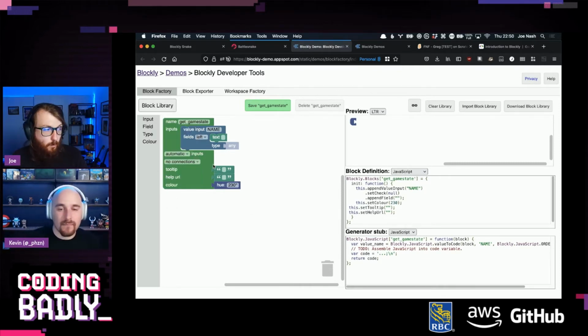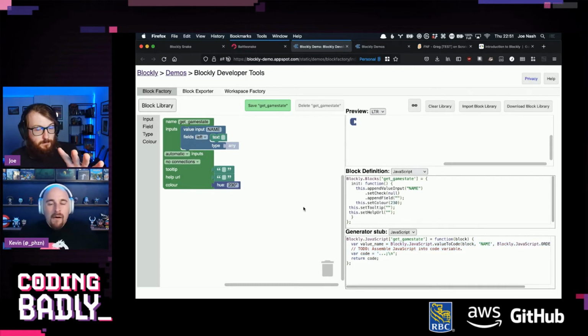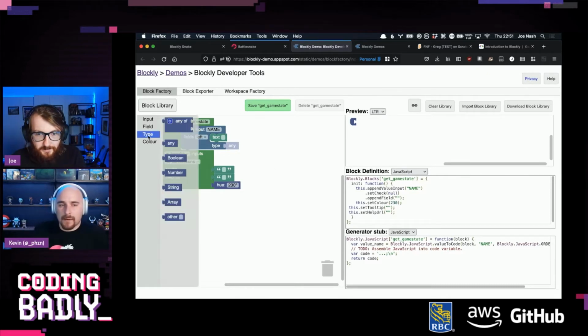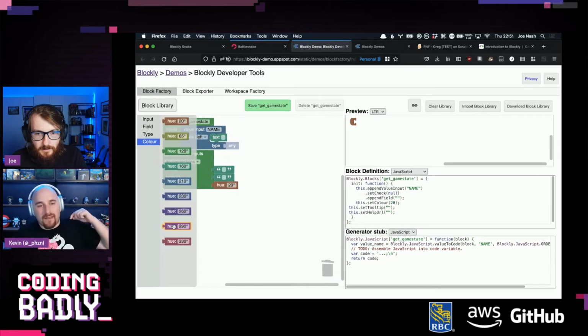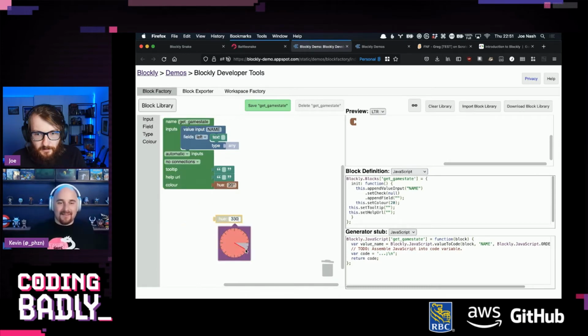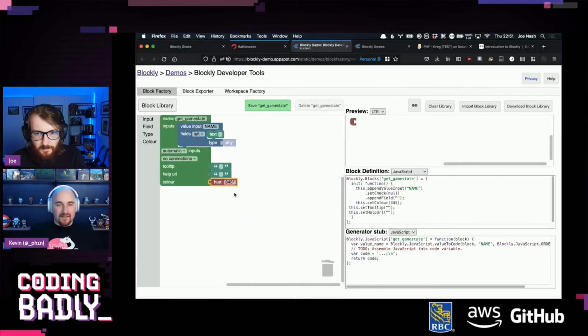Yeah, so to explain what we have to do now: block definition, generator stub. We are going to download this, get it set up in our project, where we can then use the generator stub and start to write that out. I don't think we want this to do anything else. Do you want to make it a fancy color? Let's make it orange. Yeah. Get out of there, Hugh. Is there a pink? Like Battlesnake pink. Yes. What happens if we change? Why are they also muted? Help. It's if I put it in here instead. Okay, there we go.